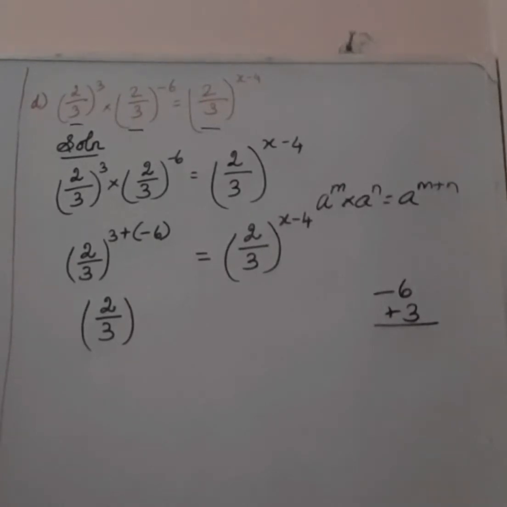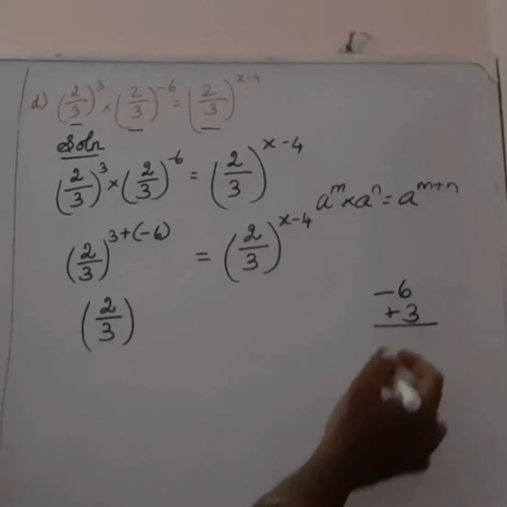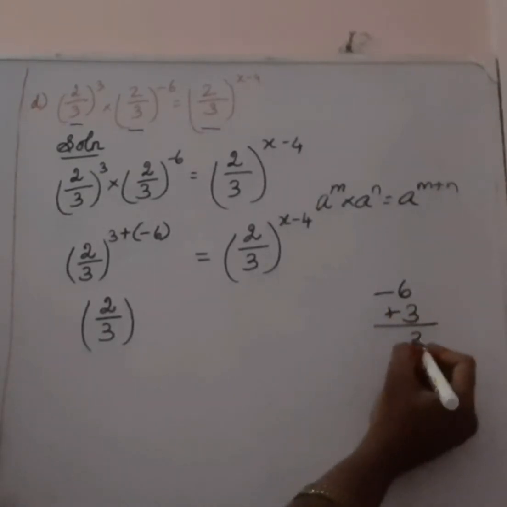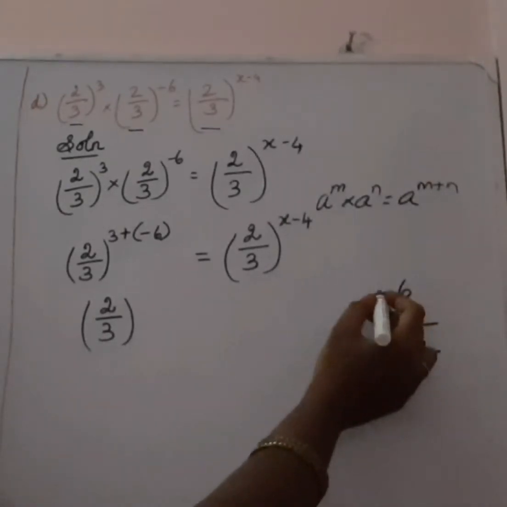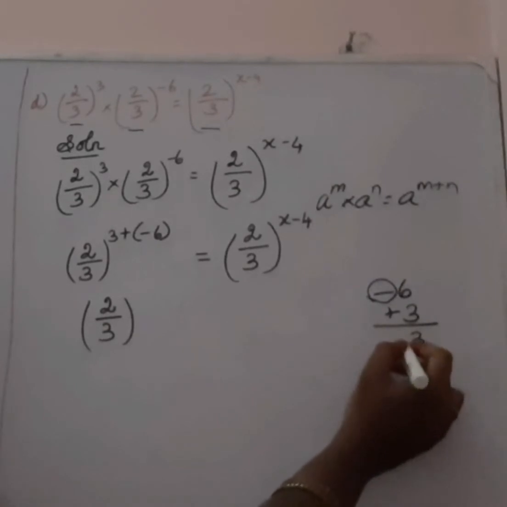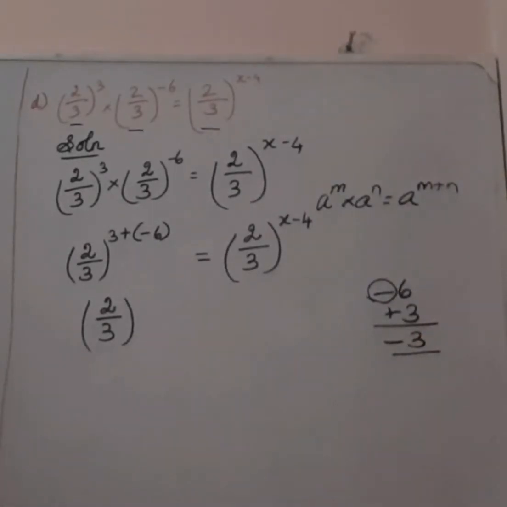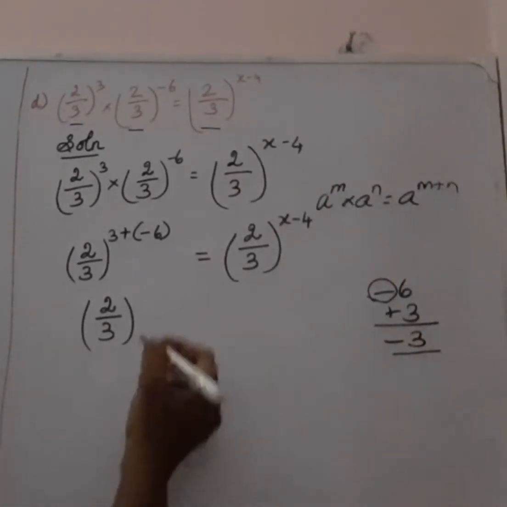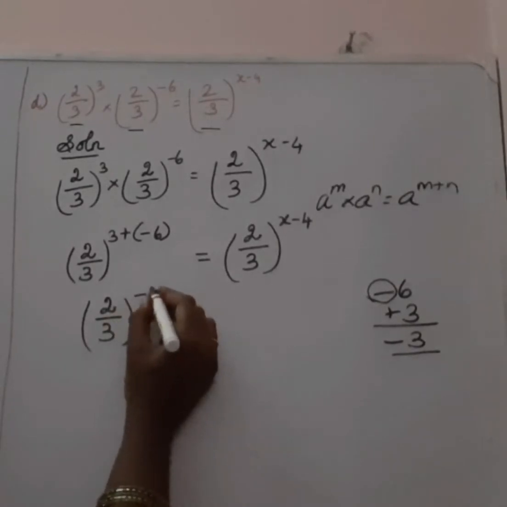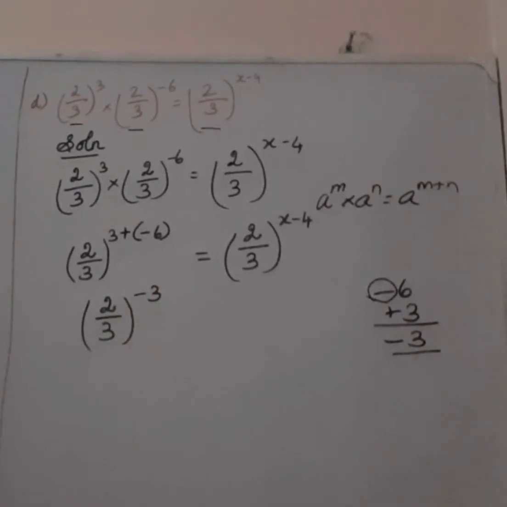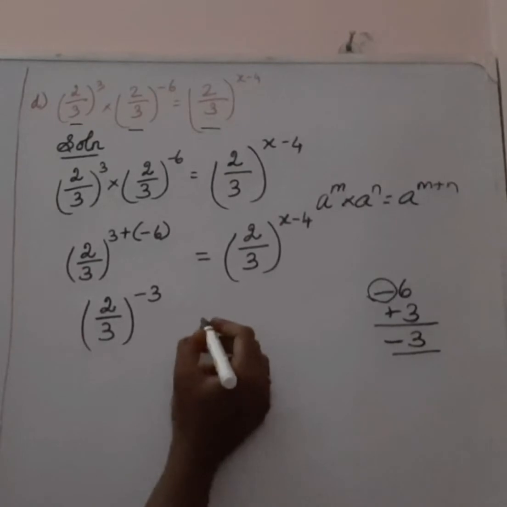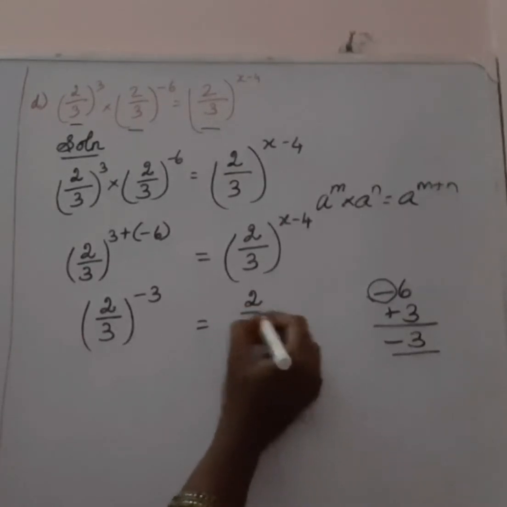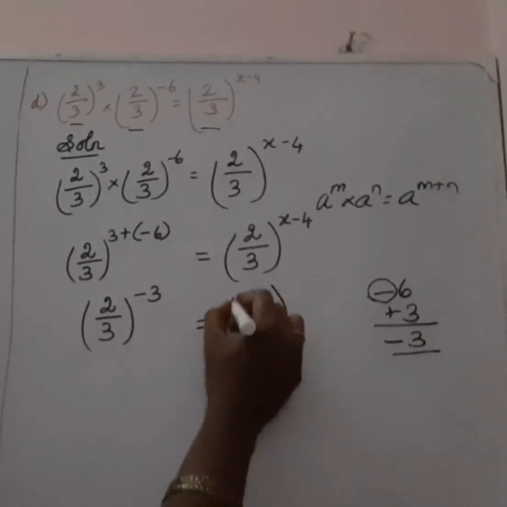So what do we get? 6 minus 3, we get the value 3. Which is the greatest number sign? Negative. So minus 3. So 2 by 3 the whole power minus 3 equals 2 by 3 the whole